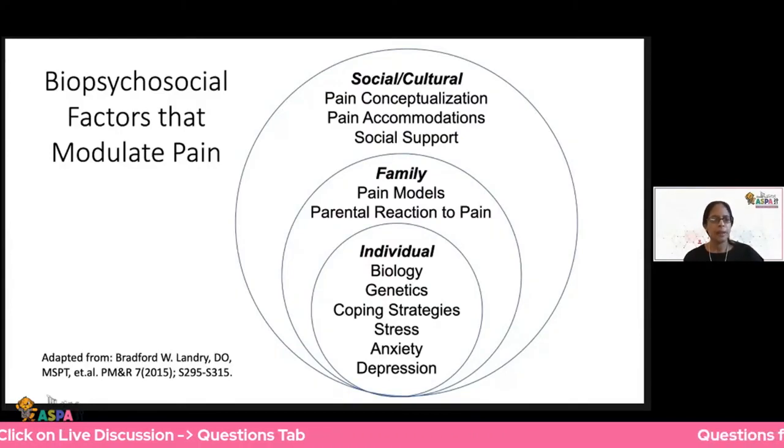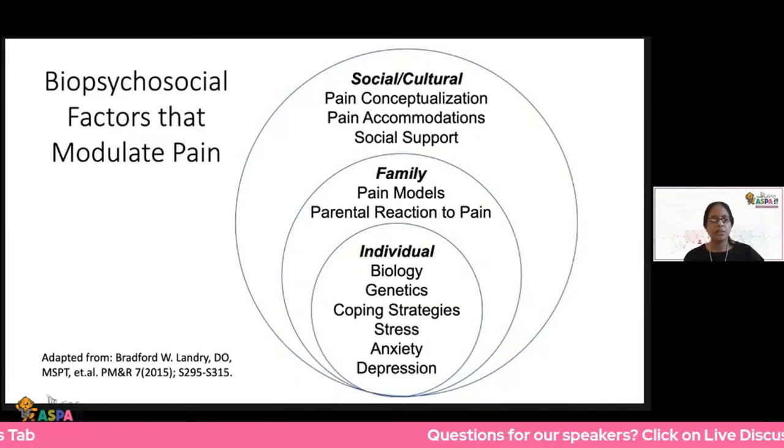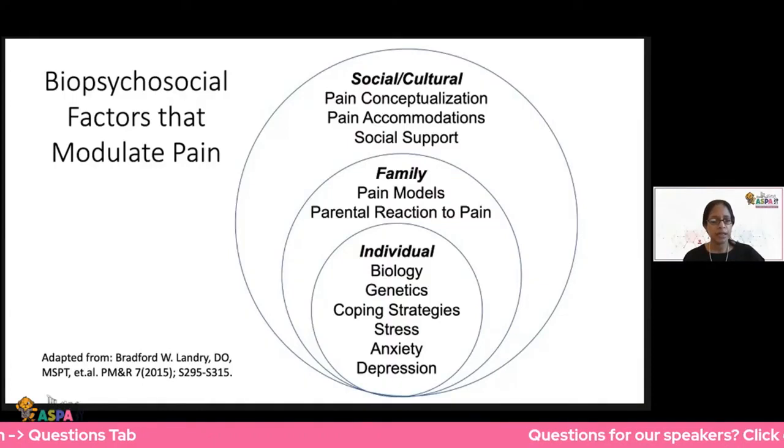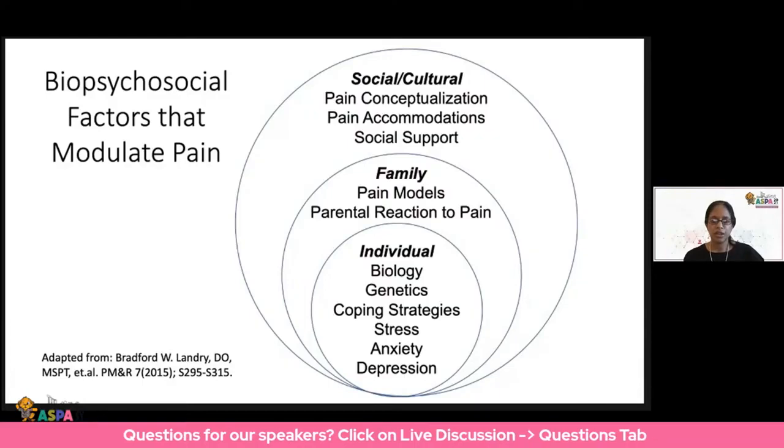When thinking about the biopsychosocial factors that modulate pain, it is important to understand for the individual patient the biology, and that is to understand the mechanism or etiology of pain. Is the pain tumor-related pain? Is it cancer therapy-related, or is it surgical? Also, we need to think about the genetic factors